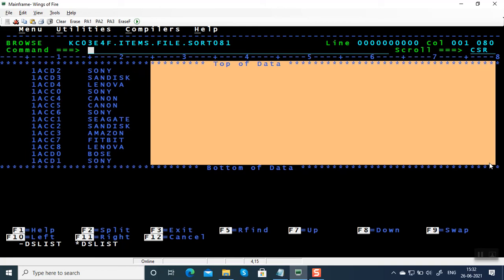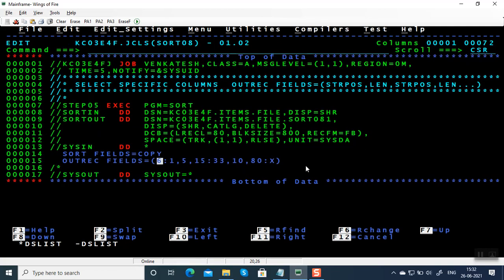Low value means it's the lowest value in mainframe. Hexadecimal 0 is the lowest value you can store in mainframe. Similarly, hexadecimal FF is the highest value you can store. I'll explain about low values and high values later. But this is how you have to copy data from input file to output file.